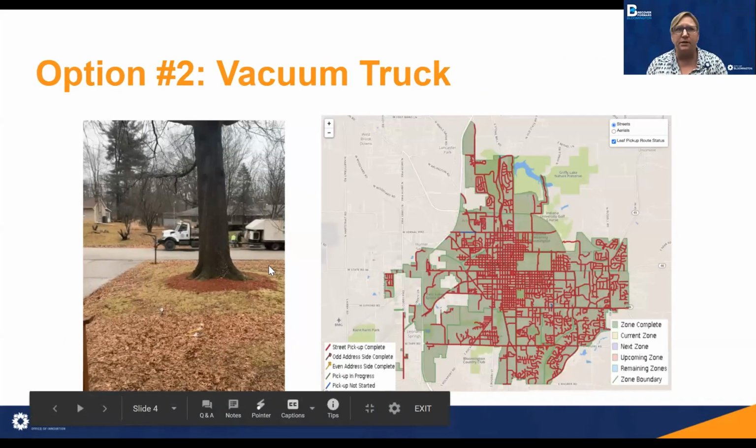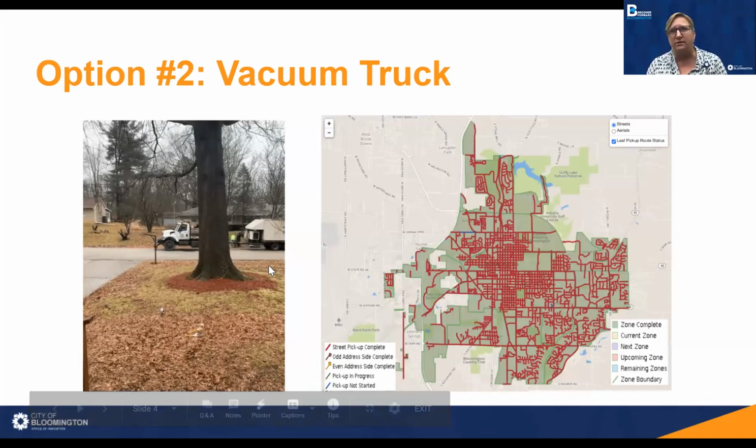The second option is using the vacuum trucks to suck up the leaves that are raked to the curb. The vacuum trucks are used in November and December. Residents rake their leaves to the curb and they wait for a vacuum truck to come around and collect them. In years past, depending on the weather, the vacuum trucks would make 2 passes, one earlier in the season and